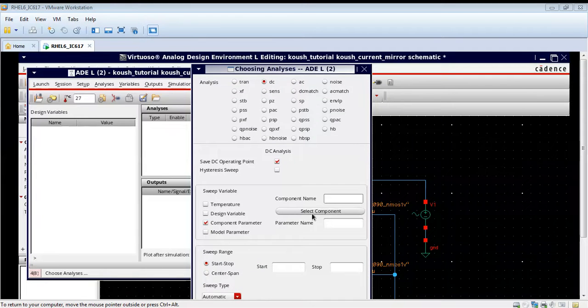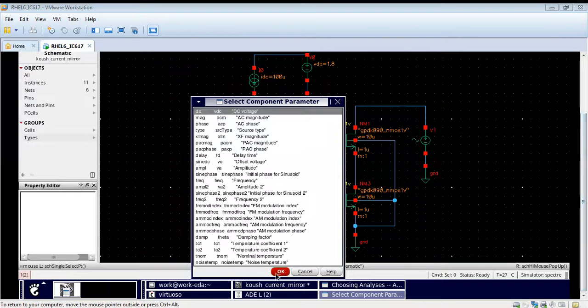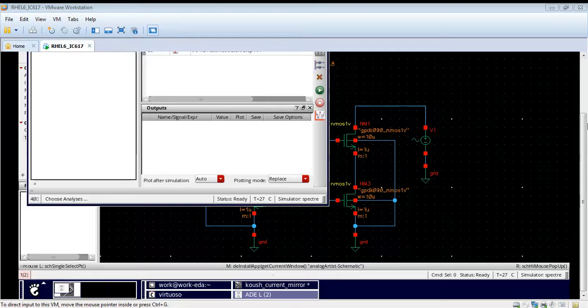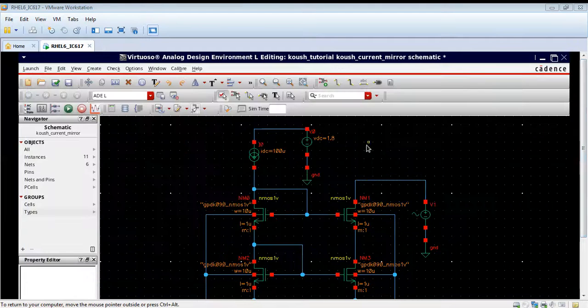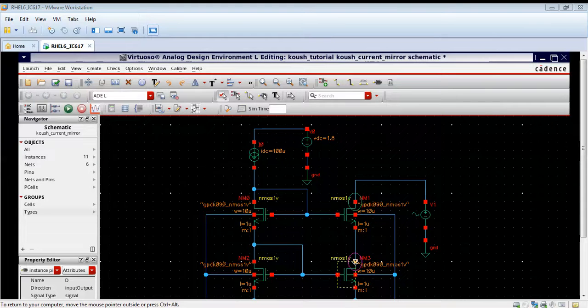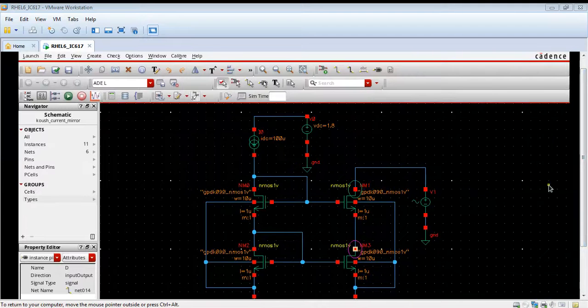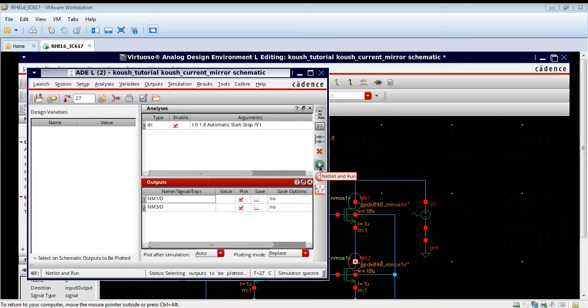So we will plot the DC analysis. We have selected the DC voltage VDS. Click OK. Now we will sweep it from 0 volt to 1.8 volt and do the DC analysis. As you can see, our setup is done. Now we will select both the currents also. The drain currents of both these NMOS are selected. Obviously we know that the drain current is equal to the source current for a FET because its gate current is very low. So we will prove that the drain currents of both these are actually the same